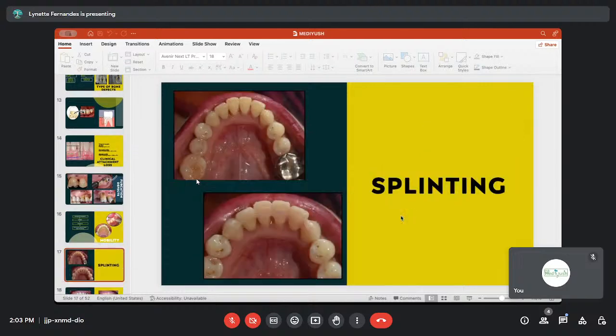Like this is splinting. These teeth were grade 1 mobile. When we checked, there was no trauma from occlusion present. If there's trauma from occlusion in the anteriors, which we check via fremitus, we are going to do a coronoplasty. Some sort of occlusal adjustment is supposed to be done. Now in this case, it's the same as the anterior's law. These teeth which are stable, their area has to be more than the teeth which are mobile,